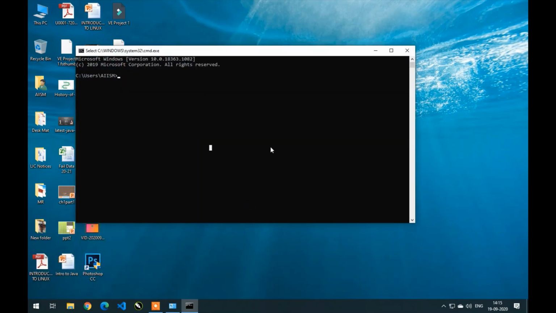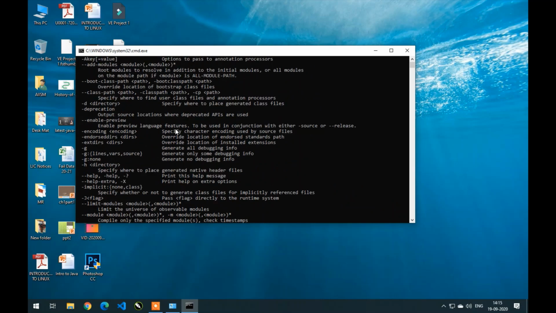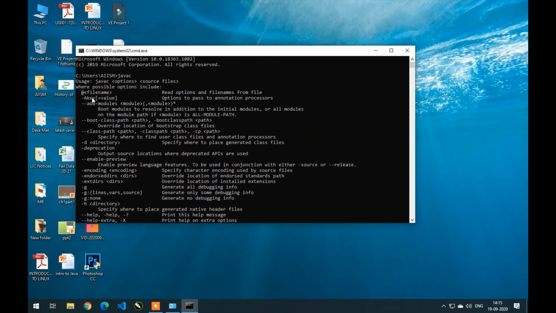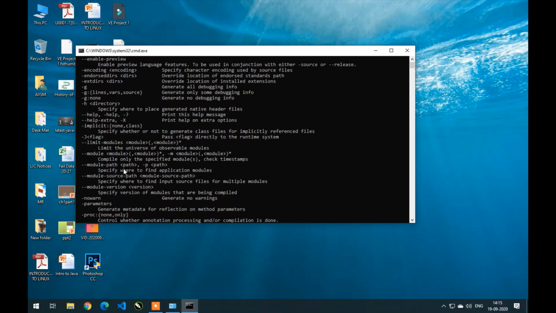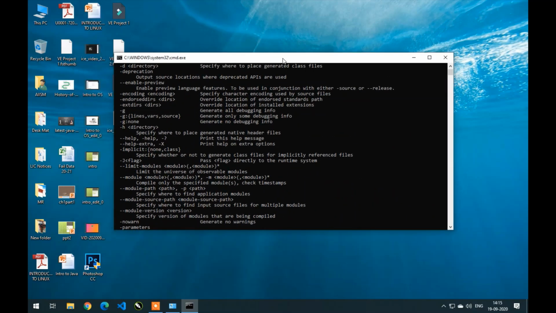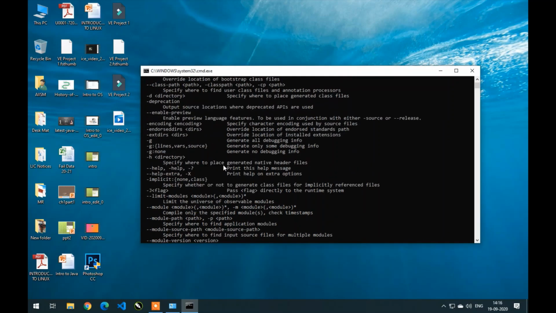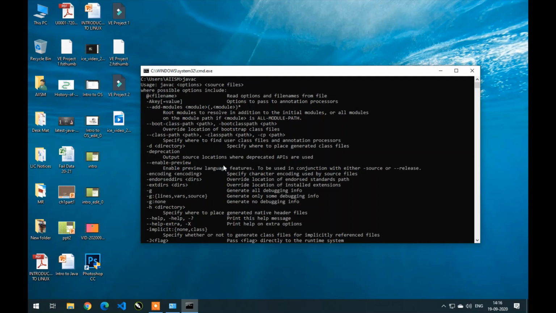To check whether Java is installed and configured, simply in the command prompt, wherever you are, type javac. Once you type javac, the command describes all the options you can use. When it shows all these options, it means that Java is configured now. You can execute Java programs on this system from anywhere. This is how you can configure your Java software so that you can execute Java programs.